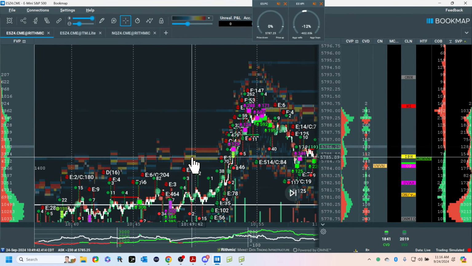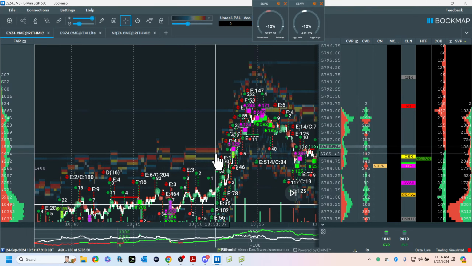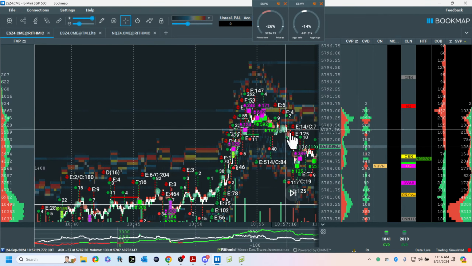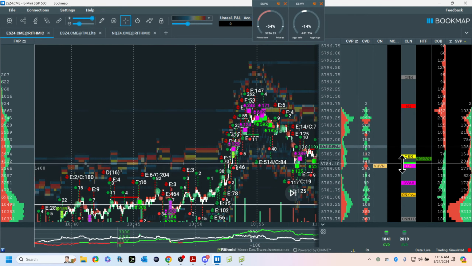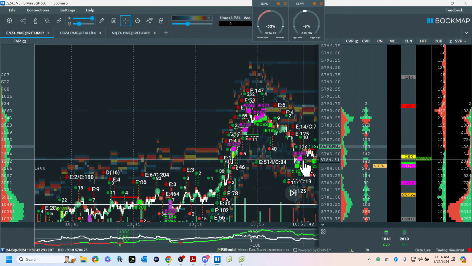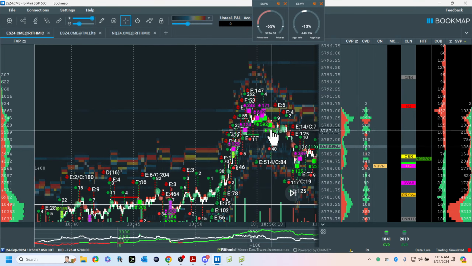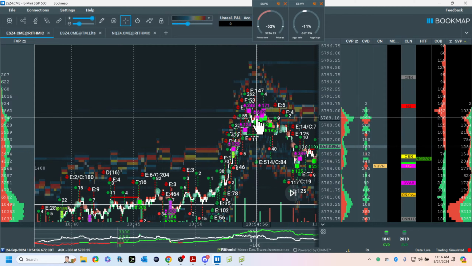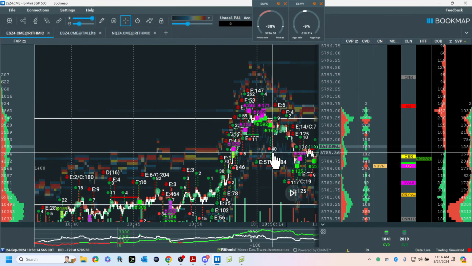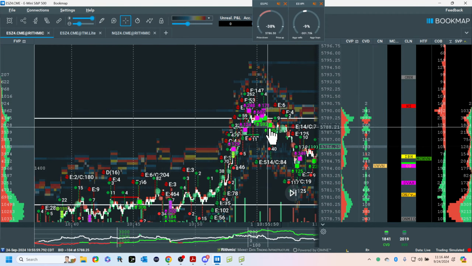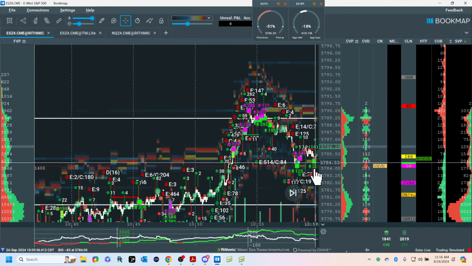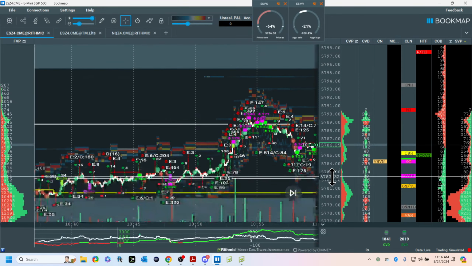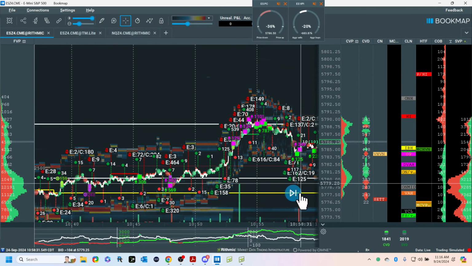Now, there's two possibilities here. There's one, once you break high and you come back here, this sets up something called the IB continuation trade. That's a long, and it would be back to the high volume up here. So that's one possibility. I'm going to mark this. The other possibility is we come up here. If this fails, then we come back to this. So you got two possible trades here.